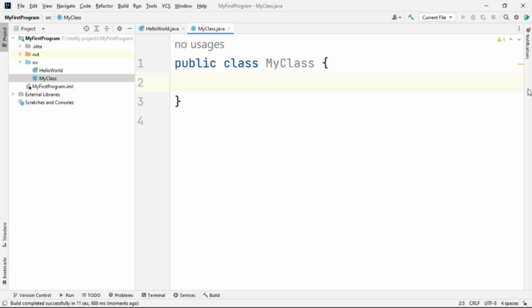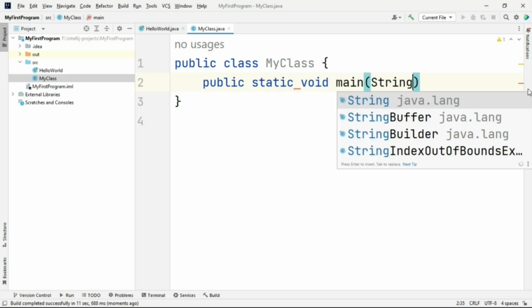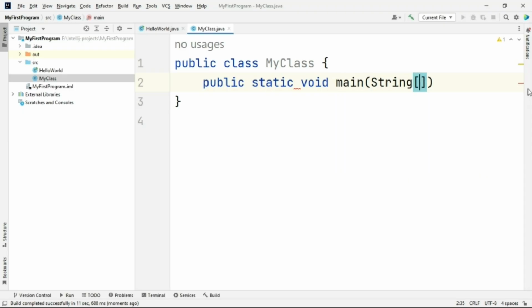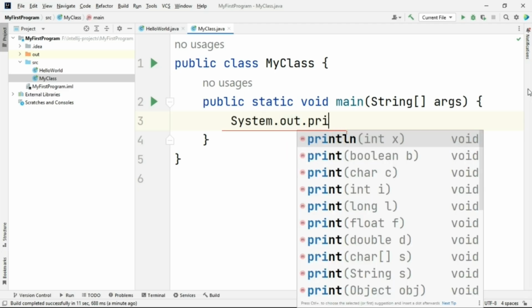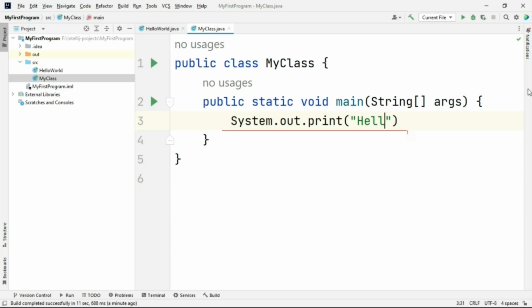First, write the method declaration: public static void main(String[] args), followed by an opening curly brace. Then add the following statement: System.out.print("Hello, Nixware");